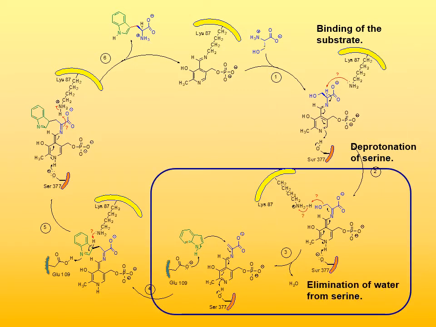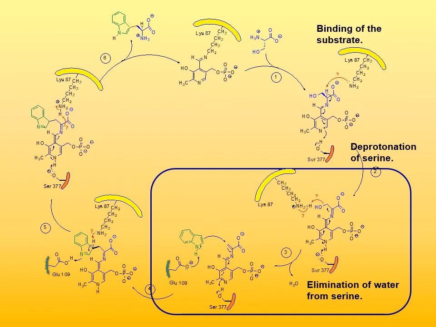Then the following step is elimination of water from serine. So the hydroxyl group of serine leaves as a molecule of water. It's protonated by the side chain of lysine. Note that the side chain of lysine 87 had just been protonated in the previous step, because in the previous step it picked up a proton from serine. Now that proton is used to form a bond to the oxygen of the hydroxyl group of serine, and now the hydroxyl group bonds to that proton and